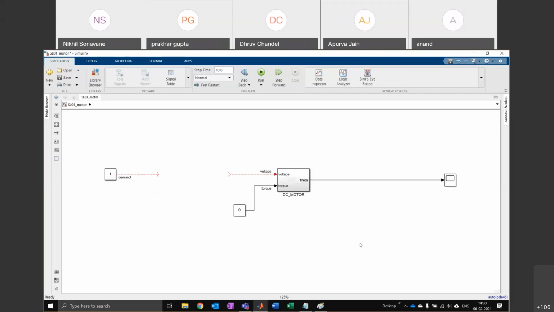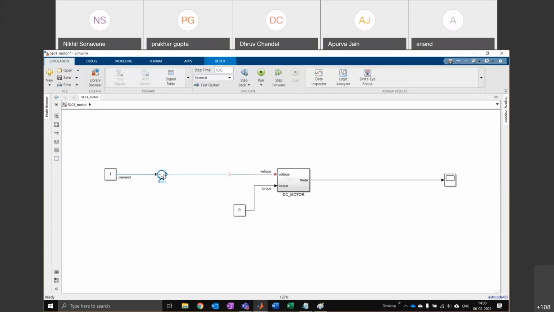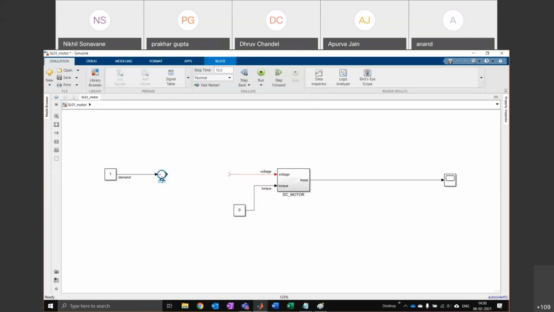Measurement, obviously, I can take from the right hand side. And I'm just going to assume a perfect sensor for now. So I'm not going to make a model of the sensor. Sign should be plus minus because we're comparing. Okay, this is my error signal E.